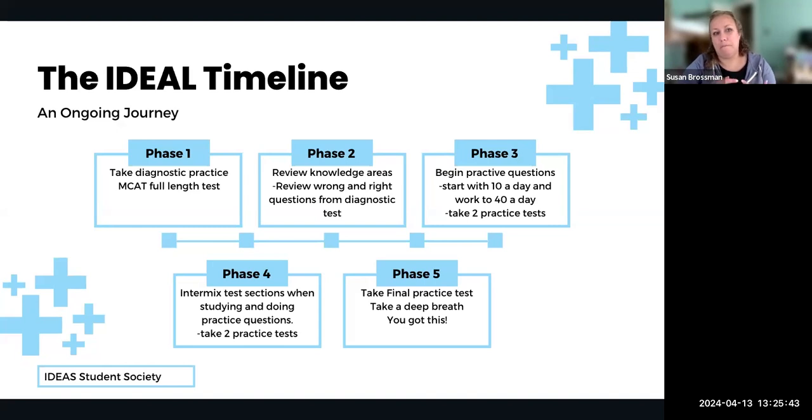And some people, like Gabby, and I were talking, she doesn't want to use a schedule because that might be more stressful. I like to have a skeleton outline myself of what I'm going to focus on, so I can check things off as I go, but I'm not set on, like, this particular Thursday I'm going to do 4 CARS passages. So it's a little bit movable because life happens. But I know that I'm going to do some studying that day.